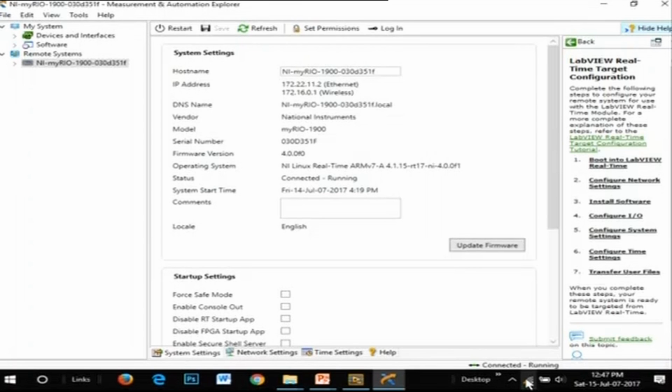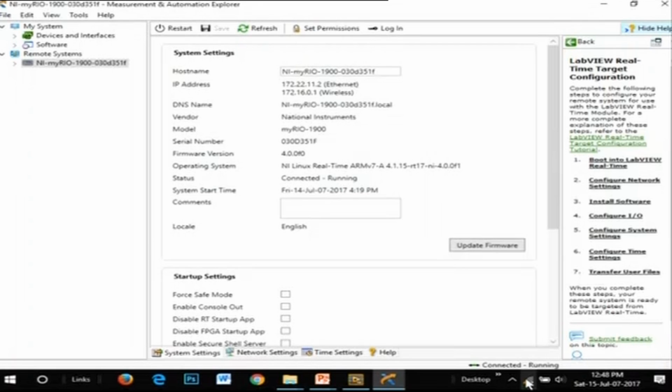Why 16.0.1? Why not 22.11.2? Because we are trying to configure wirelessly. This Wi-Fi connection is established through wireless, so for that reason you should prefer the Wi-Fi IP. My host Wi-Fi IP is 172.16.0.1, as of now.